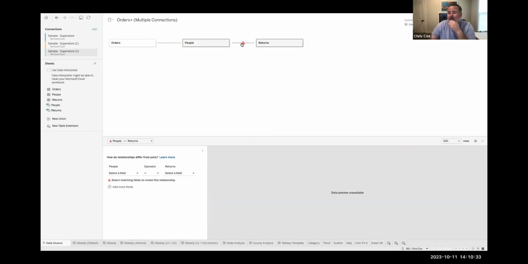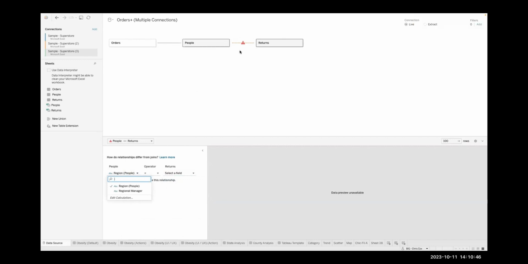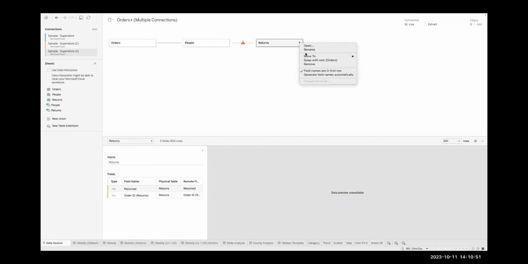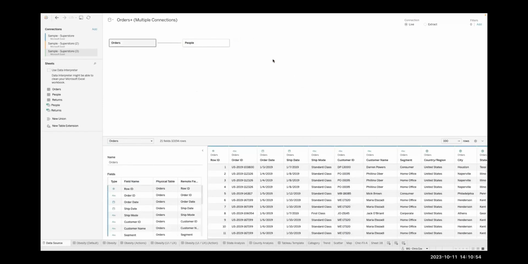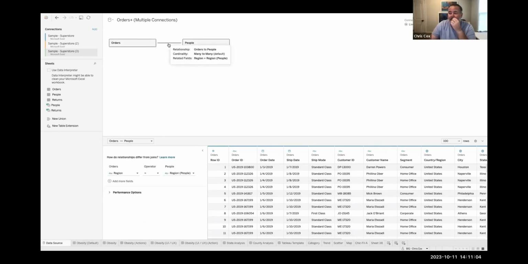Right there. Yeah, and so it doesn't give you, you can't select the field. You can't do regions, people, and then people, I guess over here, I guess I wish you wouldn't have that. So this one doesn't have the field that I need to do that. Correct. So my first two fields work great, just like you have orders to people, right? Yep. My third one on the right side, I can't connect that to orders, but I can connect it to people. Yeah, and you want it to connect to orders, but you don't have the ability. So when you click the line, you don't have the ability just to change which one it goes to. Those two are fine.